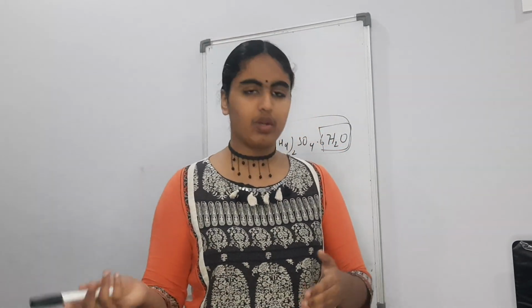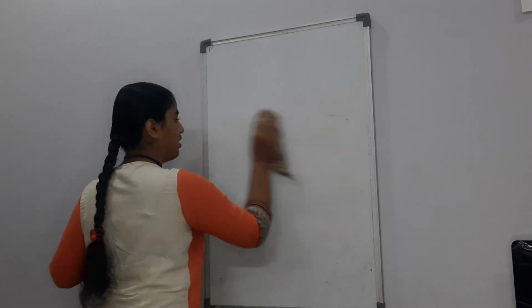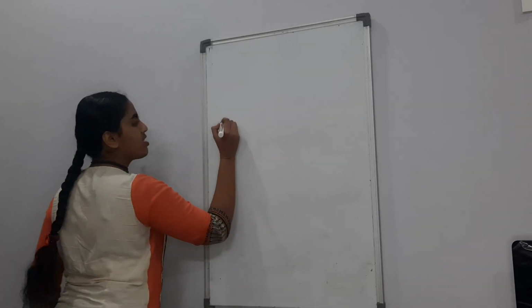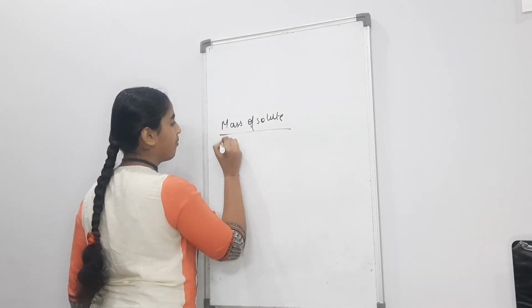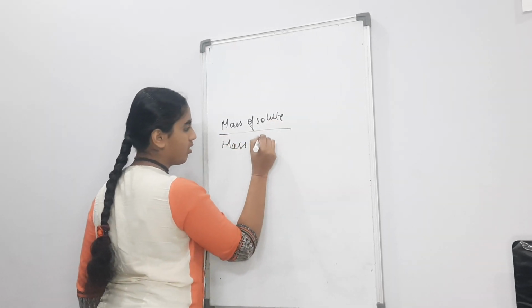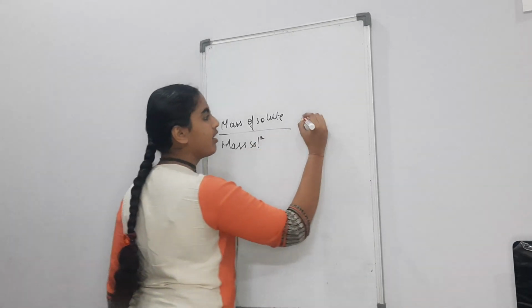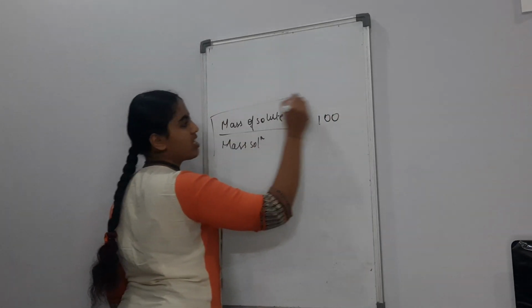And for mass by volume, we say grams of solute in 100 milliliters of solution. That is mass by volume percentage. And for volume by volume percentage, you again talk about it in terms of volume, which is milliliters or liters. That kind of sums it up for our percentage. If we have to write the formula for this, basically, mass of solute upon mass of solution into 100. That is our mass by mass.